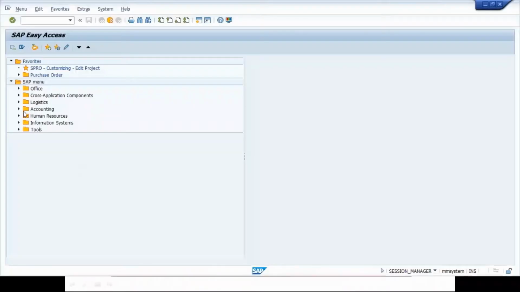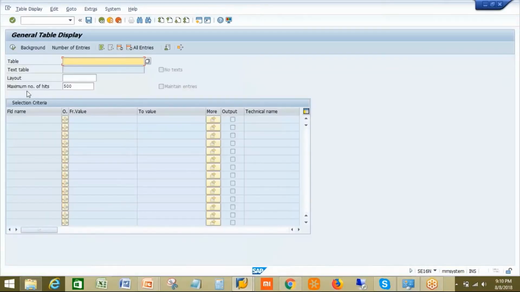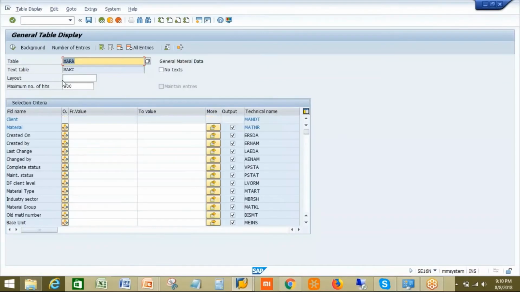For example, if you want to select all, I'll just show you how to select all. I go to this SE16N, to check for the table, so I enter a table. Now I want to select all. What happens is it is already selected all. Okay, now I want to deselect all. Whatever the output that is checked here is all deselected. If I want to select all, automatically the checks will come for all. So if you want it individually, you can go individually and uncheck them. But if you want to select all, you can press this, and automatically it will consider all the different information that is available. So these buttons are almost the same.